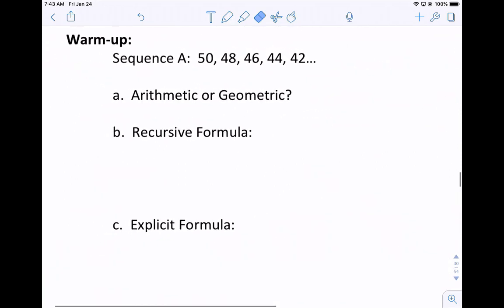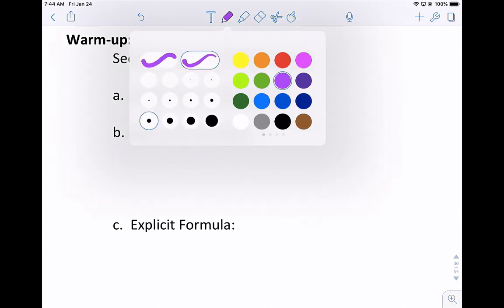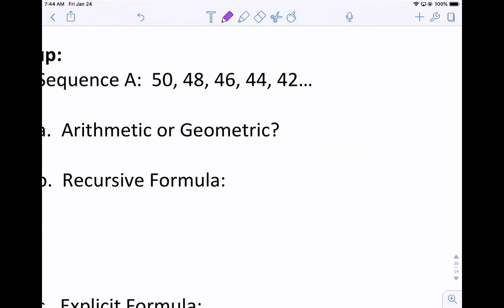So again, to figure out if it's arithmetic or geometric, you can take one term and either subtract the term before it or divide by the term before it. And if you get the same thing every time, that will tell you if it's arithmetic or geometric. So let's try arithmetic first. If you take a look at the first one, we have 48 minus 50,